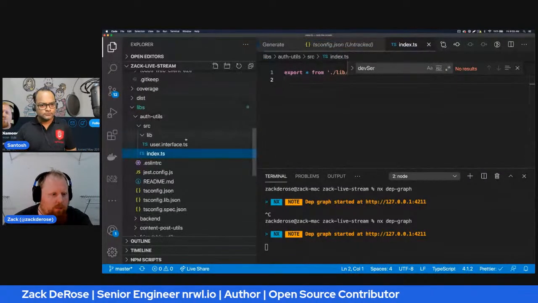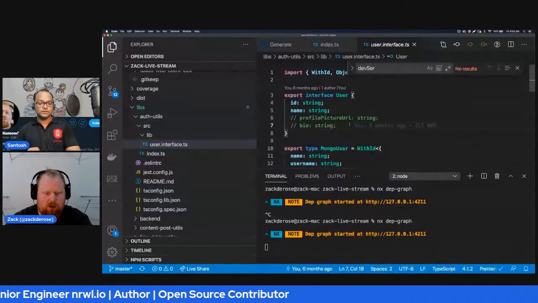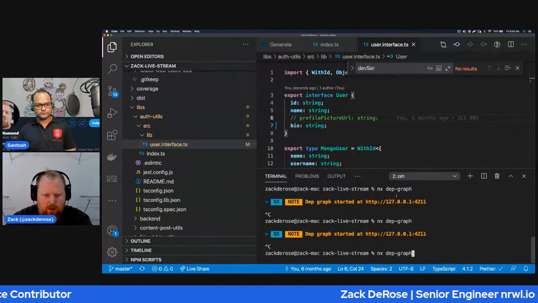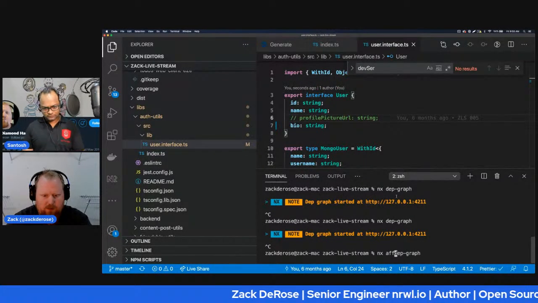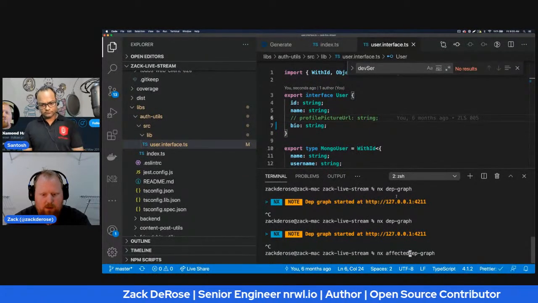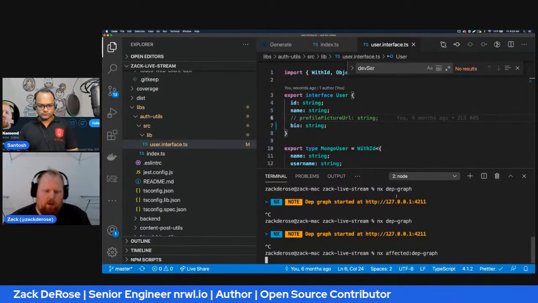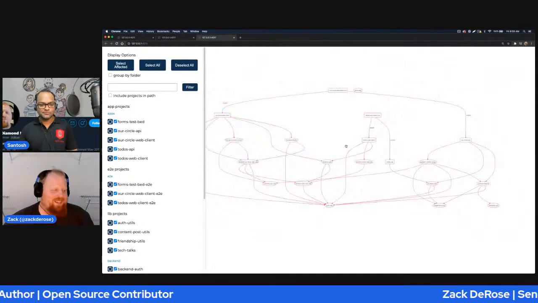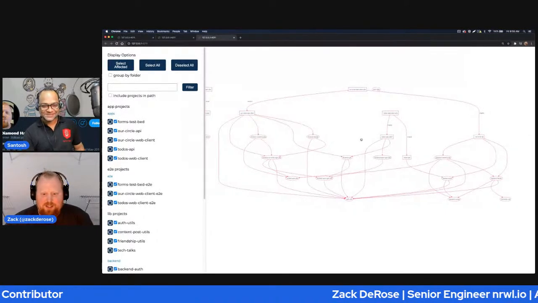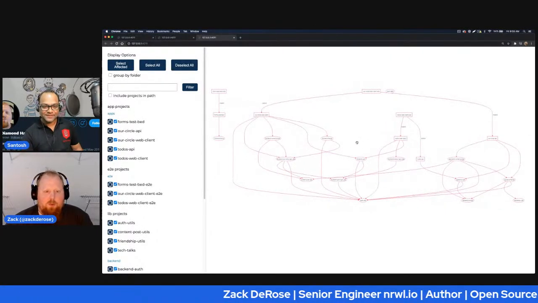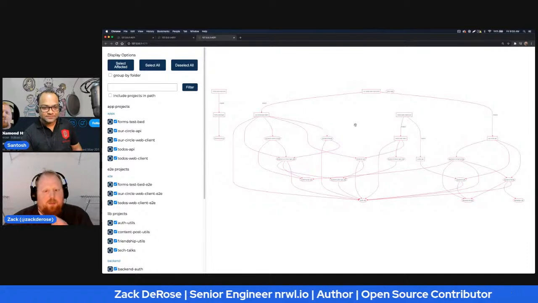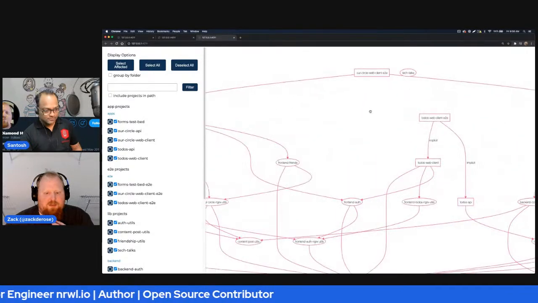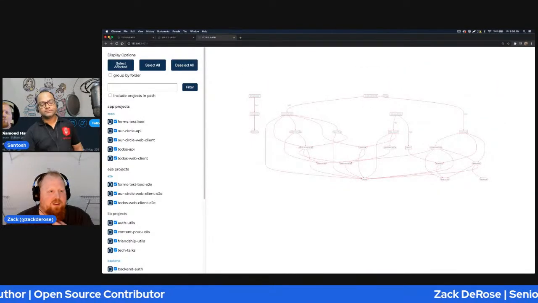Let's see if I can find a better file to touch. All right, let's just uncomment something from this interface, and we'll run, instead of just nx dep-graph, nx affected dep-graph. And what this will do is, see, there's a whole lot of red there. The reason for this, I'm realizing now, is because we built this lib, it touched our workspace.json file, which is going to turn everything red. Unfortunately.